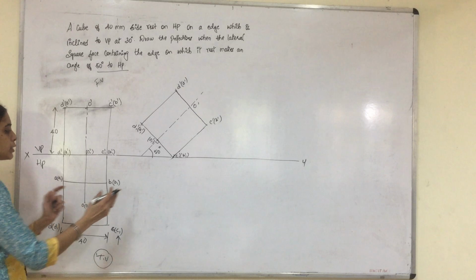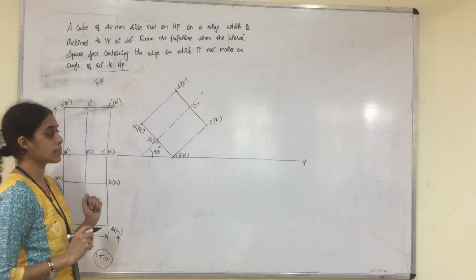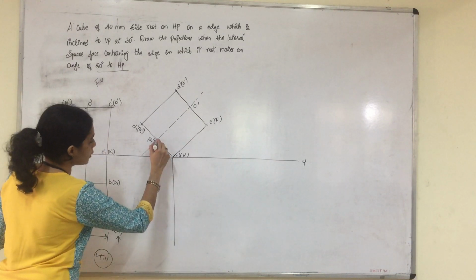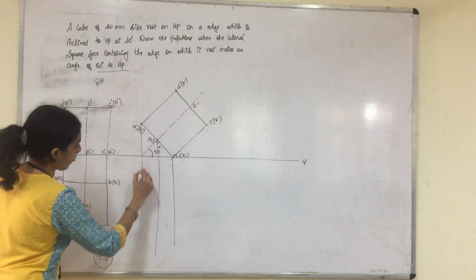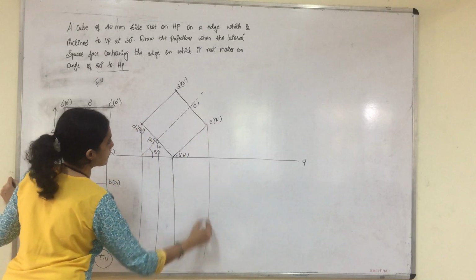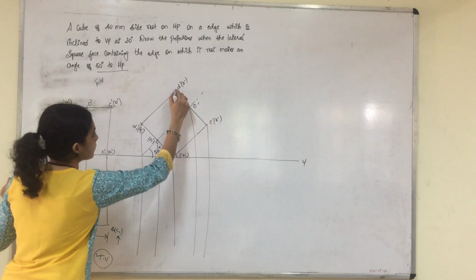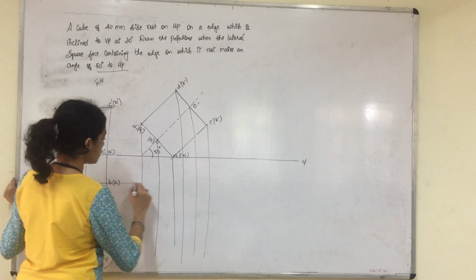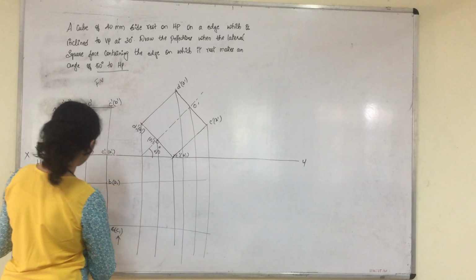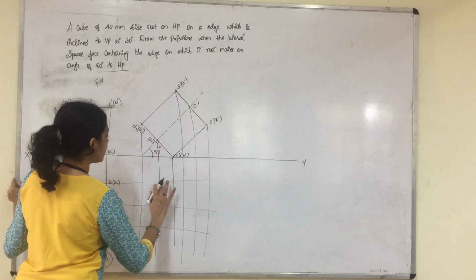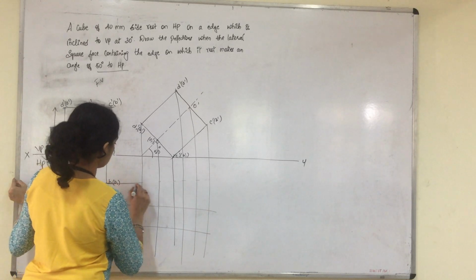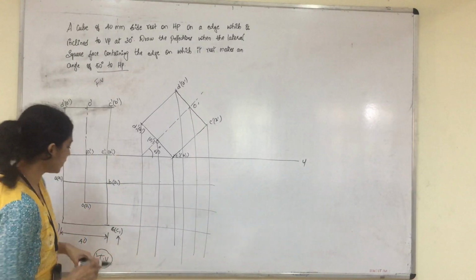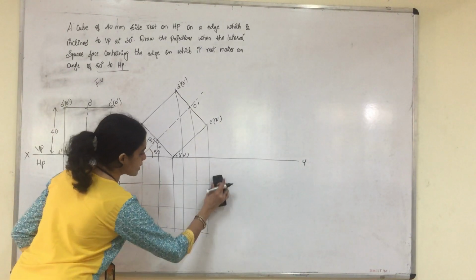After that we need to see how our top view looks. For that we need to take the projection down. Please take the projection from each and every corner. After you take the projection down, kindly extend the projection from the front view also and from the center. Please draw proper parallel lines, okay? After drawing the projections from the front and the top view, kindly erase the extra lines.